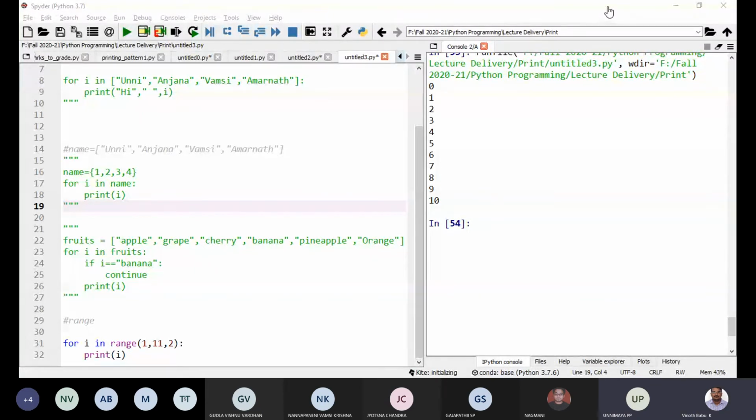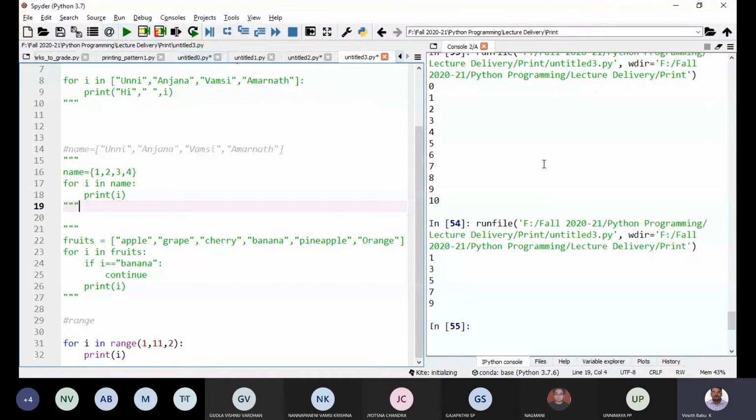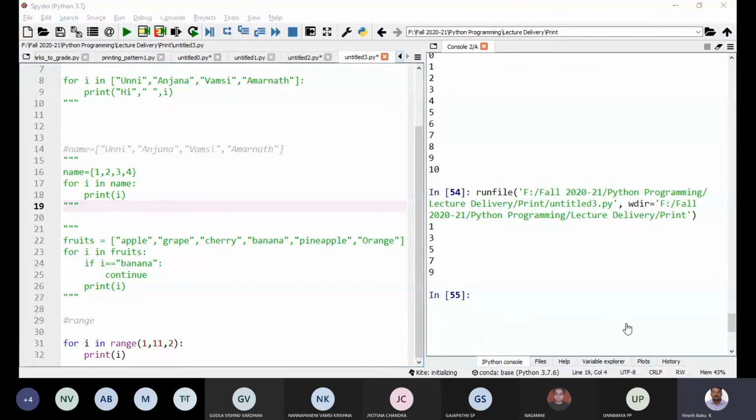What about 11? Will it come or not? Included or excluded? Always remember that the stop index is exclusive, so that won't come. You need to be sure it won't come. If I execute, you can see the same output is coming.